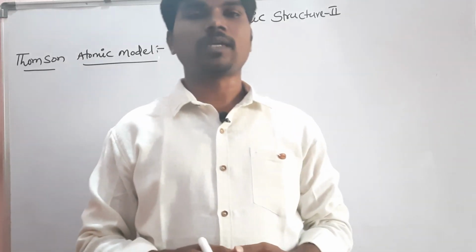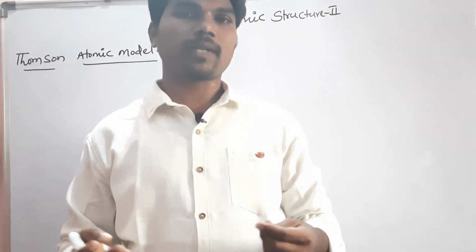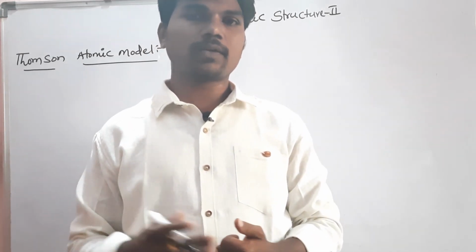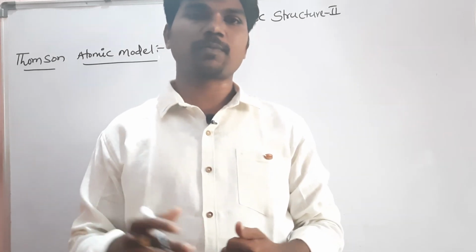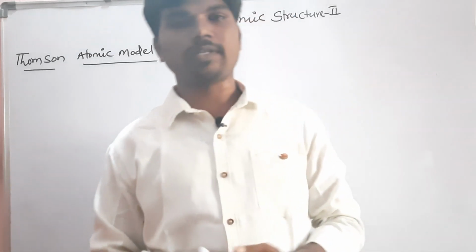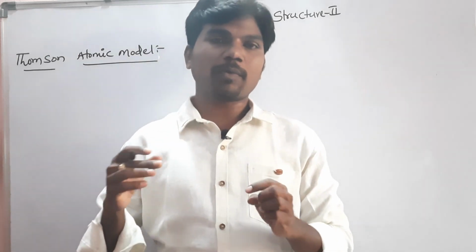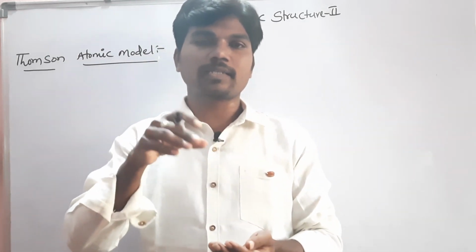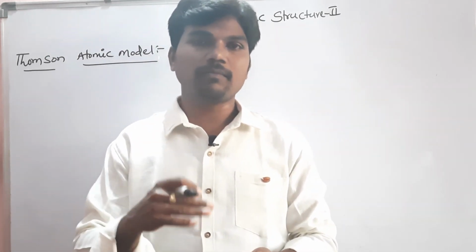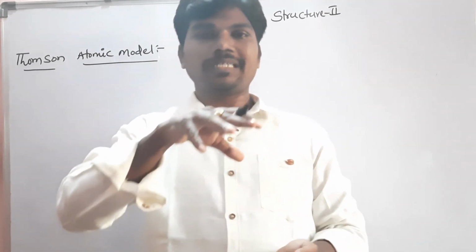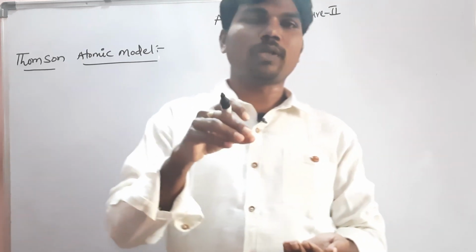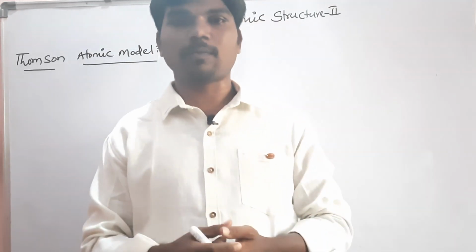In the last class we have seen subatomic particles: the discovery of the electron, proton and neutron, which I covered in earlier videos. You can check the description box for those. So when these subatomic particles are arranged within an atom, that is called atomic structure. Electron, proton and neutron are adjusted within the atom. How they are located in the atom is known as atomic structure.